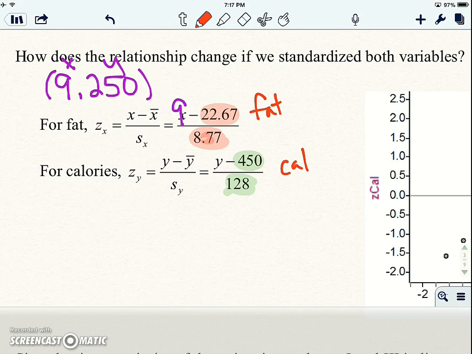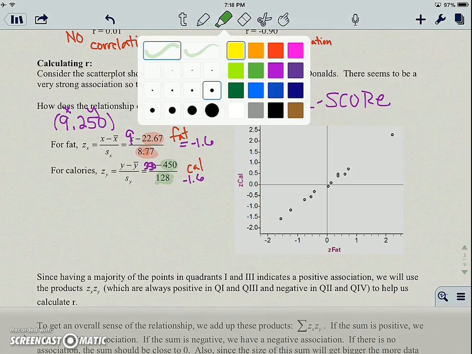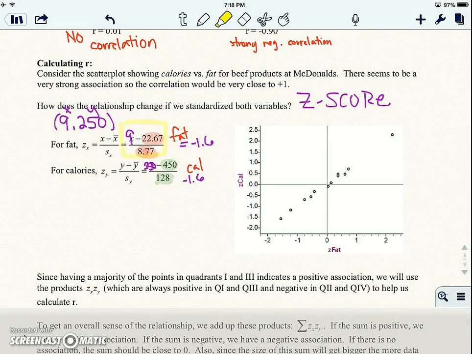All right, so we're going to plug in the x's and the y. And if we do that, this has a standard deviation. Okay, if we went ahead and did this in our calculator, we get about -1.56, or a z-score of -1.6. And it turns out, and it's just coincidence, that we get approximately the same